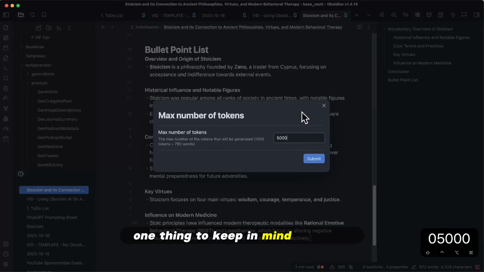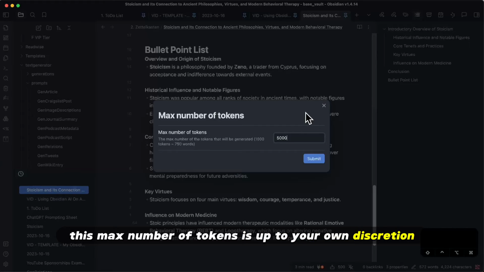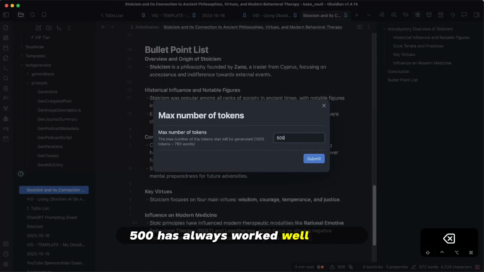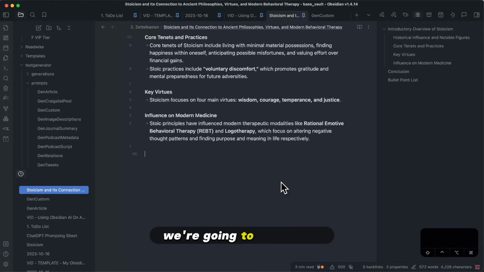One thing to keep in mind is that if your generation fails, 99% of the time, it's due to token limit. If you have a document that is 10,000 words long and you try to generate an additional 5,000 tokens, it's not going to let you. So again, this max number of tokens is up to your own discretion. 500 has always worked well for me. I don't like to generate too much text, and whenever I do generate text, I prefer it to be short and concise. So now that you know how to use the default generator, we're going to pivot over and use